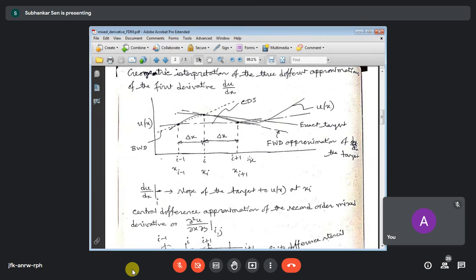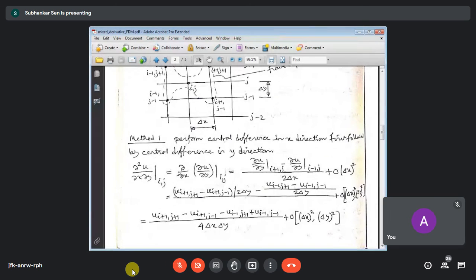Okay, so here in this simplification, we are not going for forward or backward difference. We shall go directly for central difference. So this term, we can write it as del del x of del u del y. So this can be approximated at point ij. So in method 2, we are considering del del x of del del y of del u del x. Okay, so both are equivalent.